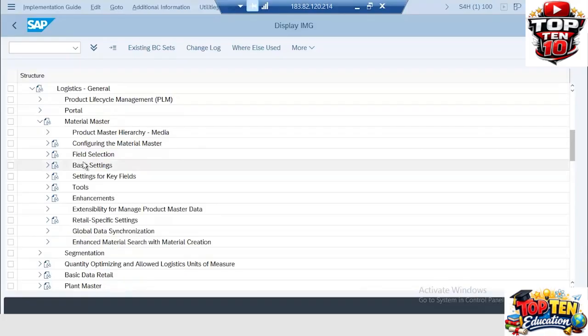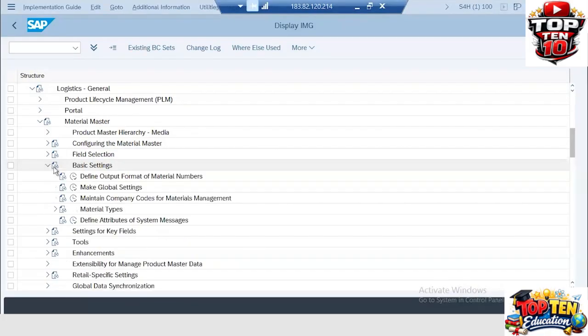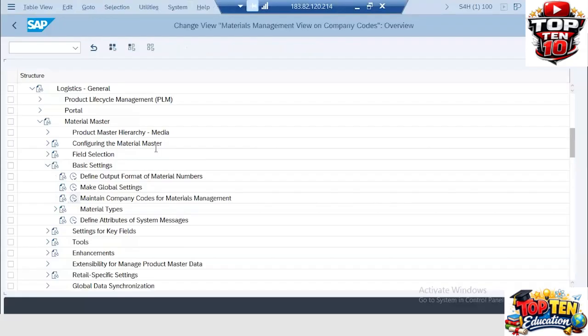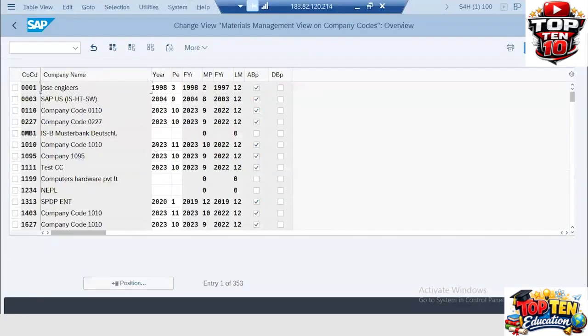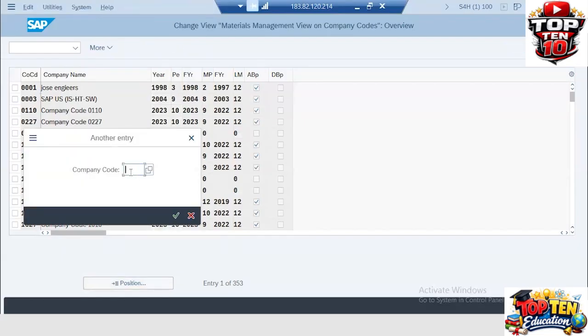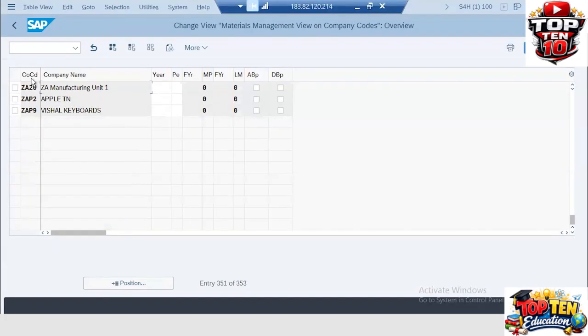In material master, I will go to basic settings, then maintain company codes for materials management. We are clicking on the position, and then I will maintain my company code Z820. My company code is available here, but there is no detail